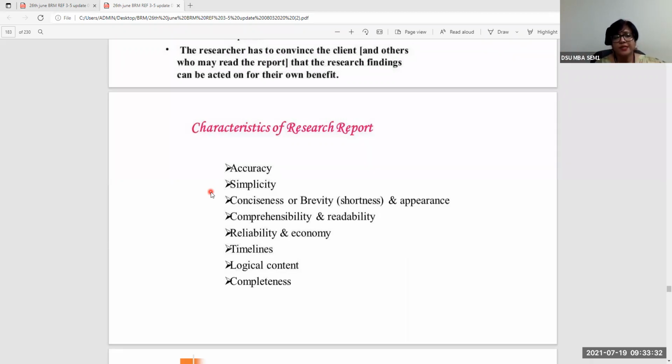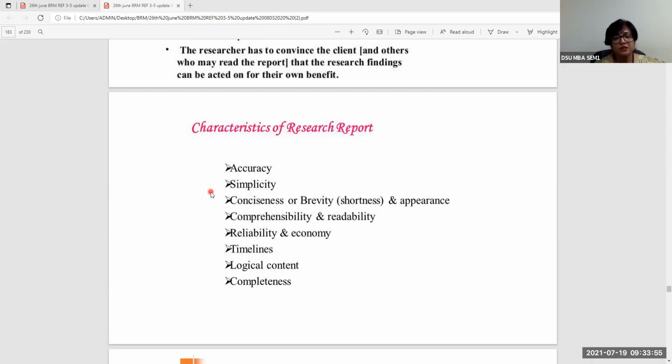Also need to understand whether exploratory research was conducted prior to the main study. If so, how long before was it conducted? If there is a pre-testing of the questionnaire that was to be done, has it been done? For how long was it conducted? So it should not be that you conducted a pre-testing for one day and you started with the final questionnaire the next day, things like that.